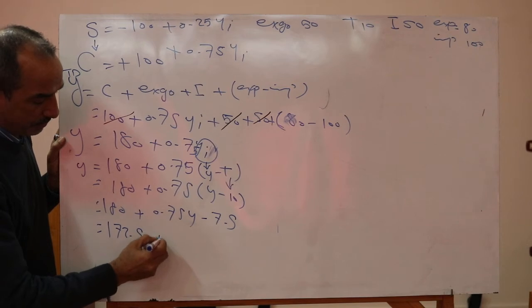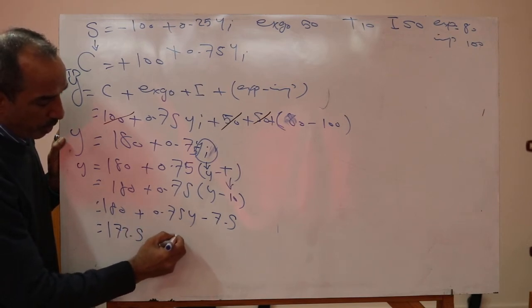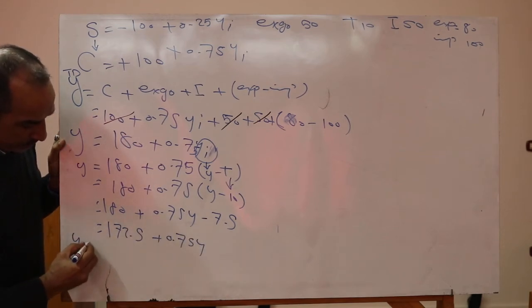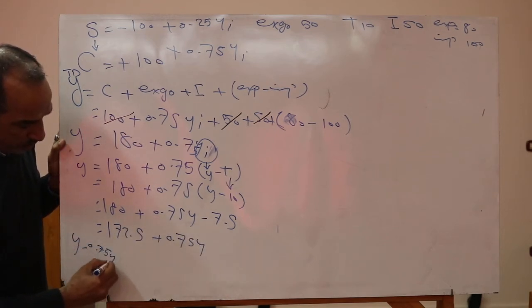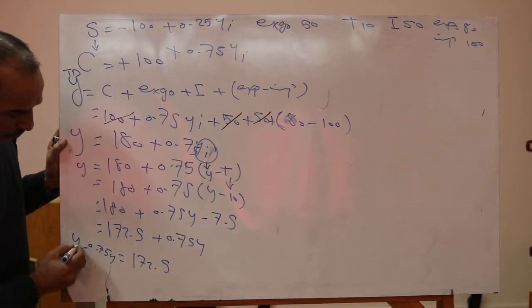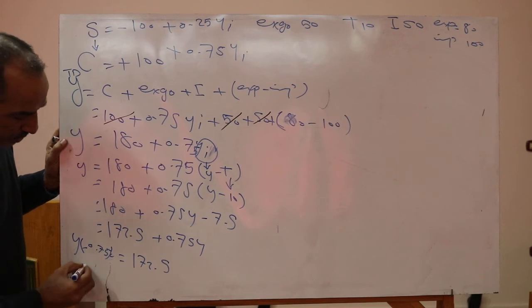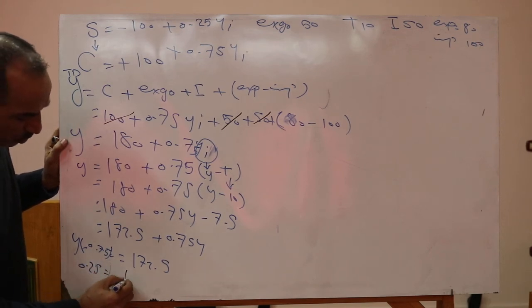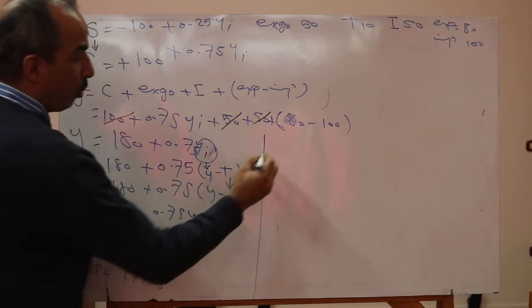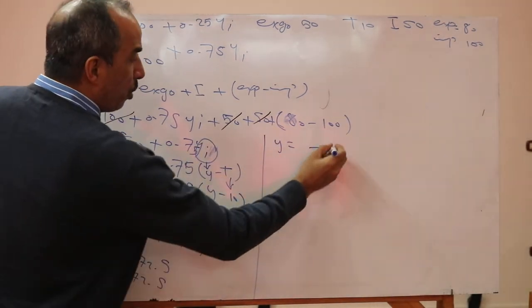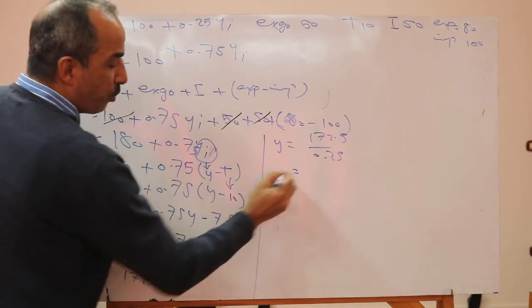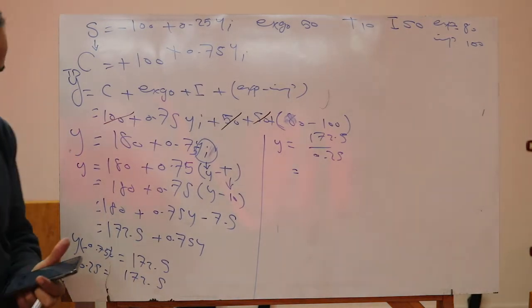1725 plus 0.5 Y. Y minus 0.7 Y equal 1725. Okay, equal Y, 0.25 equal 1725. This meaning Y equal 1725 out of 0.25 equal, this meaning equal